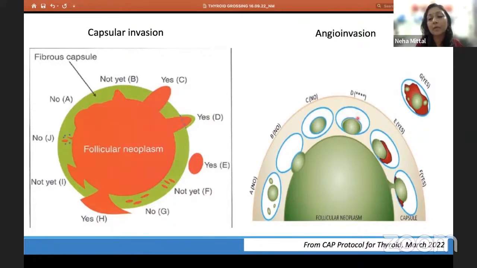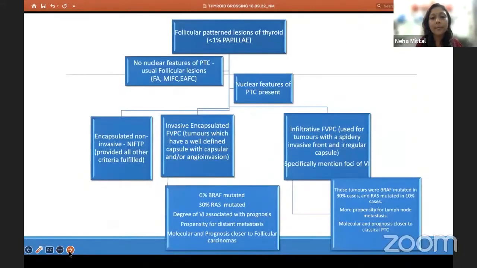We've not decided whether to call it, but something like this E, where you have a tumor thrombus associated with the tumor, which is attached to the endothelium, is a definite focus of angioinvasion. And so is this, which is outside the thyroid capsule, outside the tumor capsule. And this has already been told to you by Dr. Gosain, in which this is just to show you in summary how you classify the different follicular pattern lesions